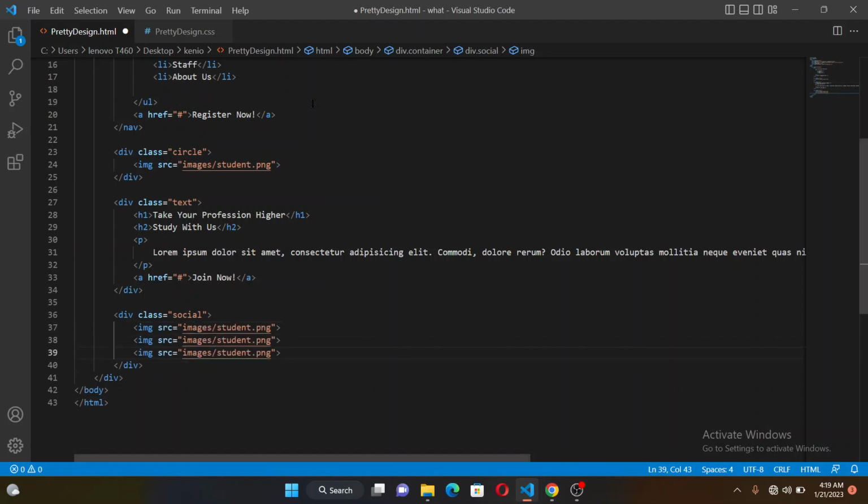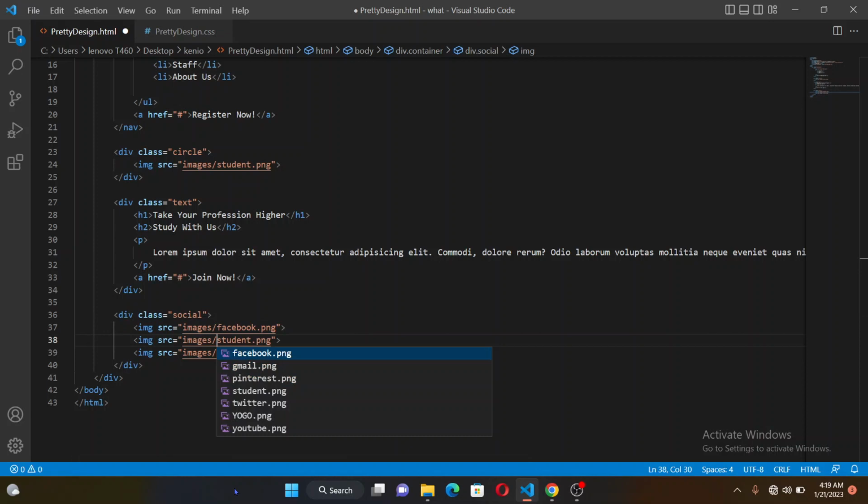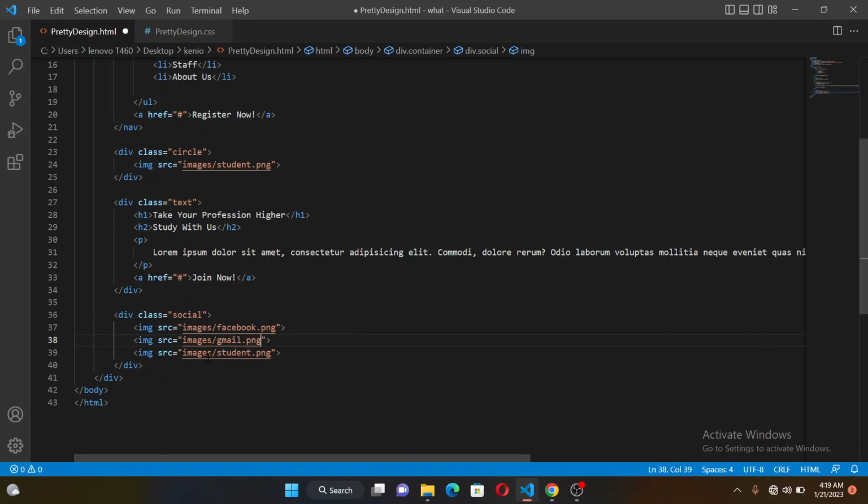Okay, now I'm going to change this to, also I'm going to change this one to, so let's change, this will be clearer. Okay, let me save these changes